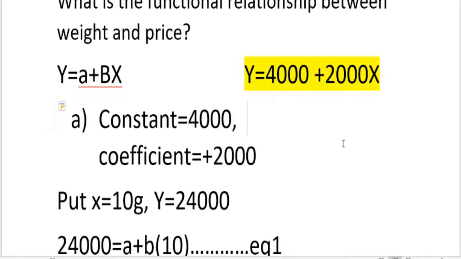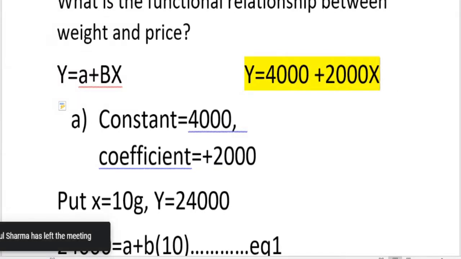कोई बता सकता है आप में से? What would be the third important interpretation that we are getting out of it? Yes, I am repeating. I am saying that y equal to 4000 plus 2000x, where 4000 give you the value of the constant and 2000 is a coefficient. The sign of the coefficient tells you the type of relation, nature of relationship, plus or minus, and this is the magnitude.